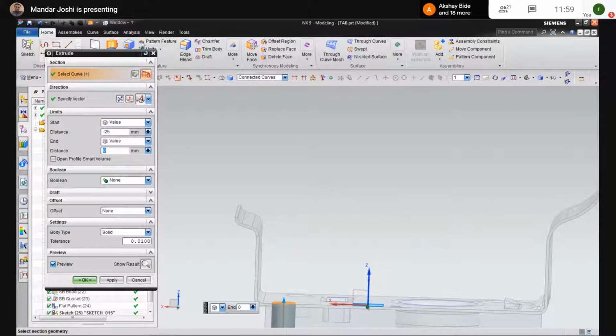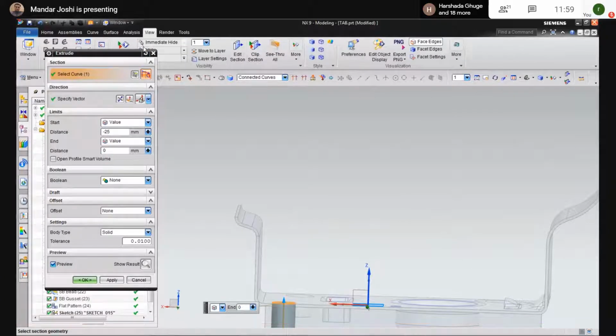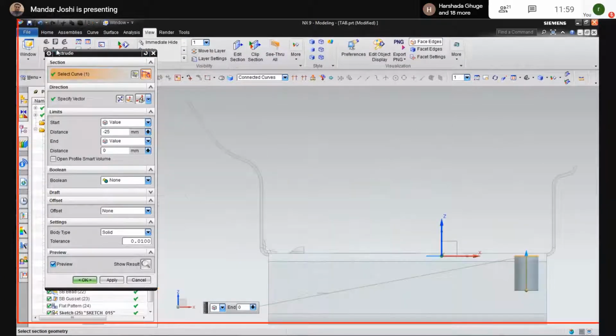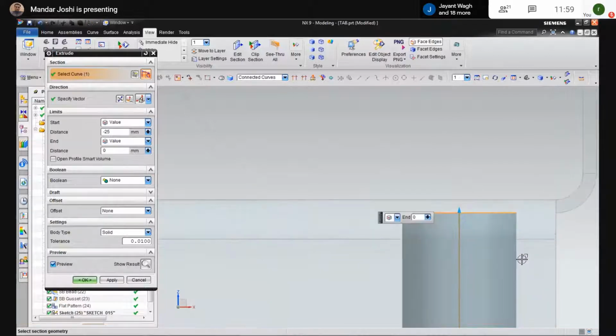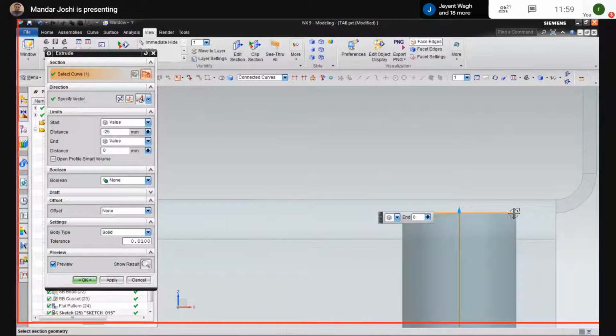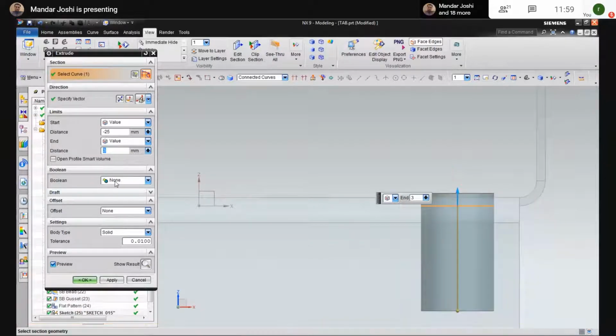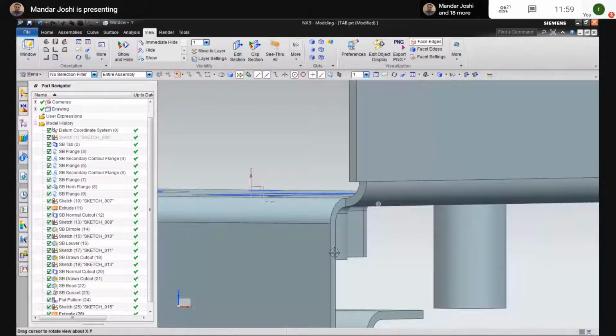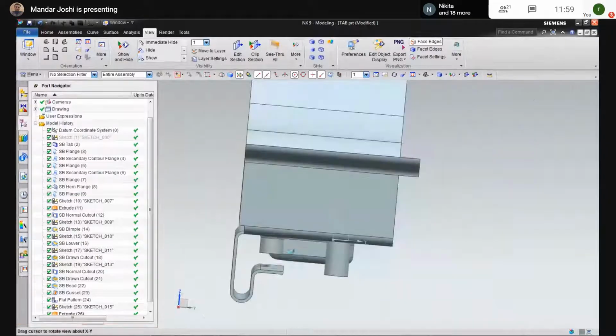See from front view. This edge is not intersecting with the top edge. That's why the Boolean will not be perfect. So it is properly intersected; that's why I increase this height. After that, ensure the body is none. Click on OK. Now this body is created.